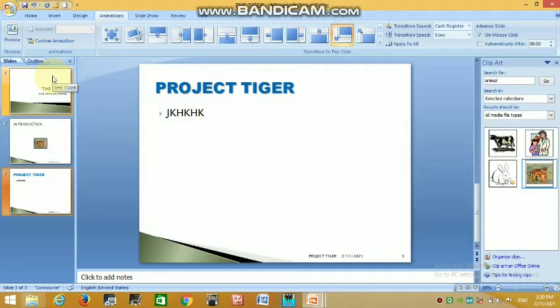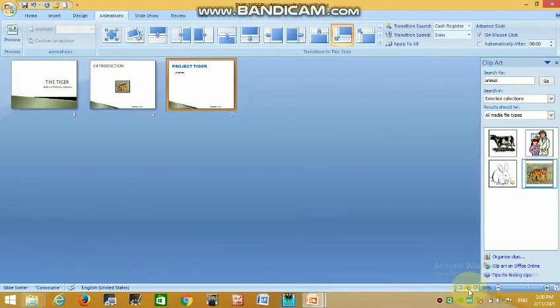Now our next topic is view a presentation. See this is the View button. Here is normal view, to create and edit slides. We can create and edit slides in normal view. Second thing is slide sorter view. Sorting, rearrange, add, delete from here. 1, 2, 3. You can rearrange it. You can delete from this option.